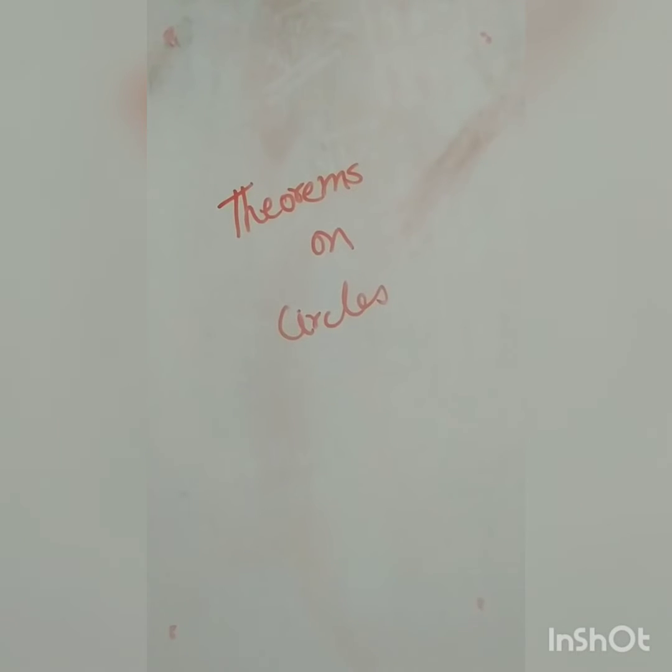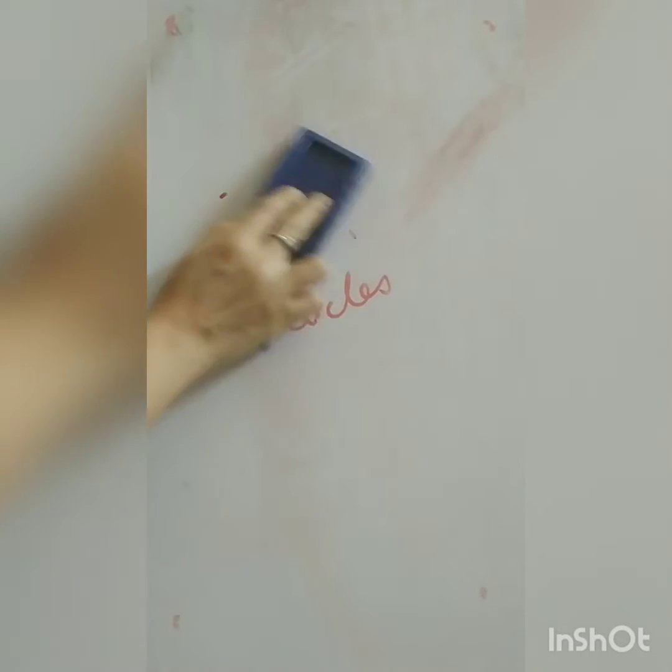In today's video, we are going to do some theorems on circles. We're just going to go through the statements and the meanings of the statements, the enunciations actually. So we are going to go through 9 such statements, okay? Theorems on circles. Now before we begin, let's go through one thing, which is,